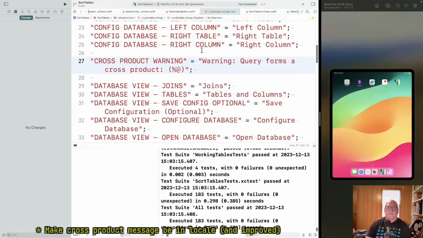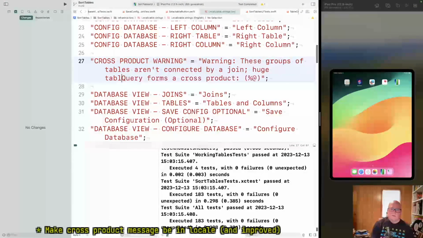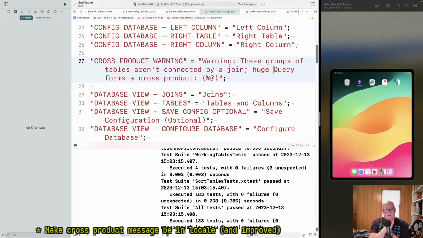Okay. I want to say these groups of tables aren't connected by a join. Huge, I don't know, tables will result in a huge